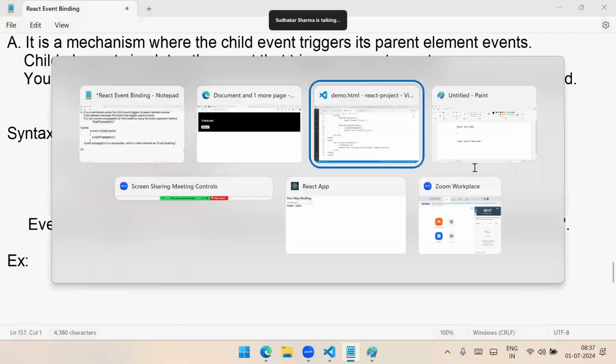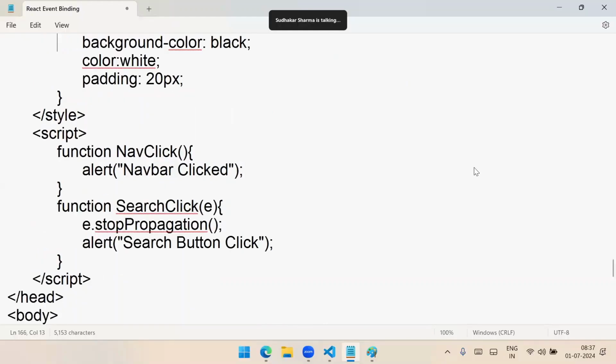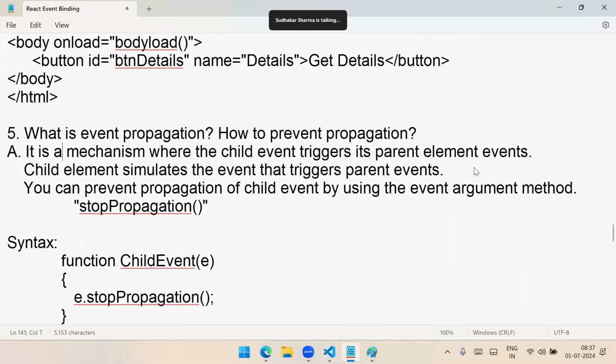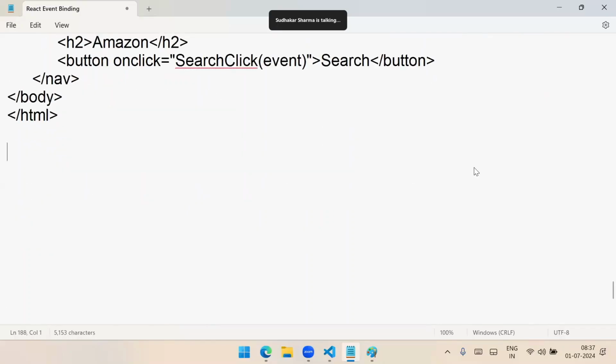This is the example of event propagation and how to handle it. I think we have completed that. Next, another important thing while working with events is how to